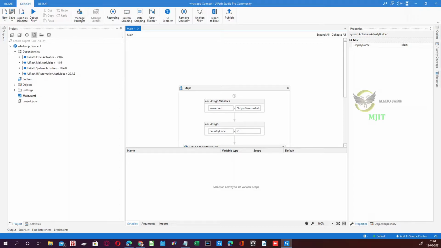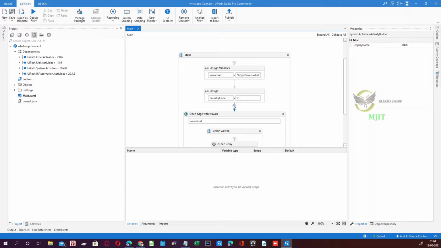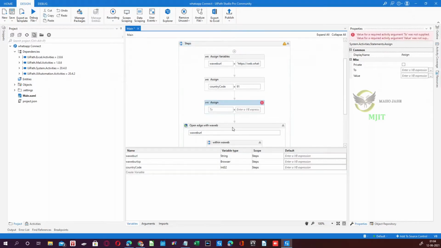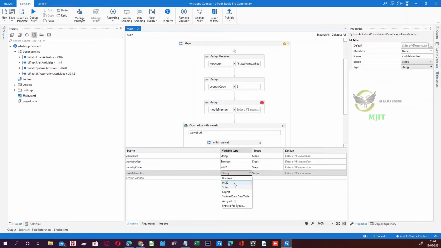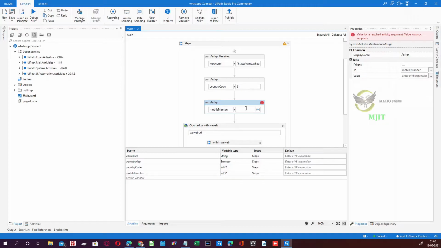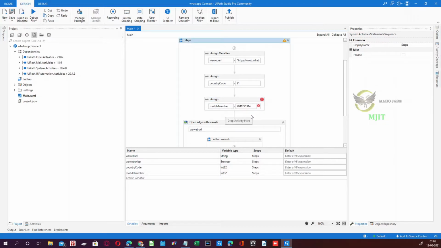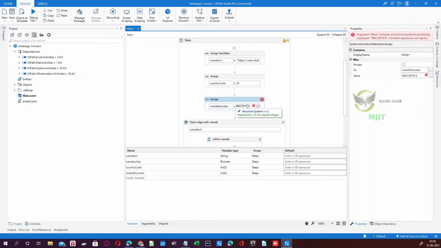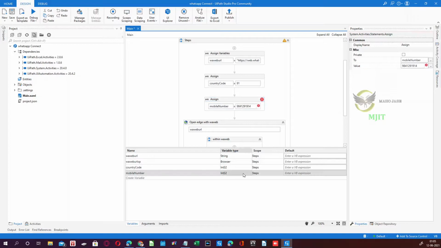Next is mobile number. Again do the same thing, mobile number, and double click, right click, create variable, hit enter. This is also going to be an integer number, so I'm setting it as integer by default. Later I will come back to it and tell you what we're going to do with it. So I am giving a value for it, that is going to be the mobile number whatsoever we want to pass. Okay, it doesn't accept the integer. Okay, I will come to this.